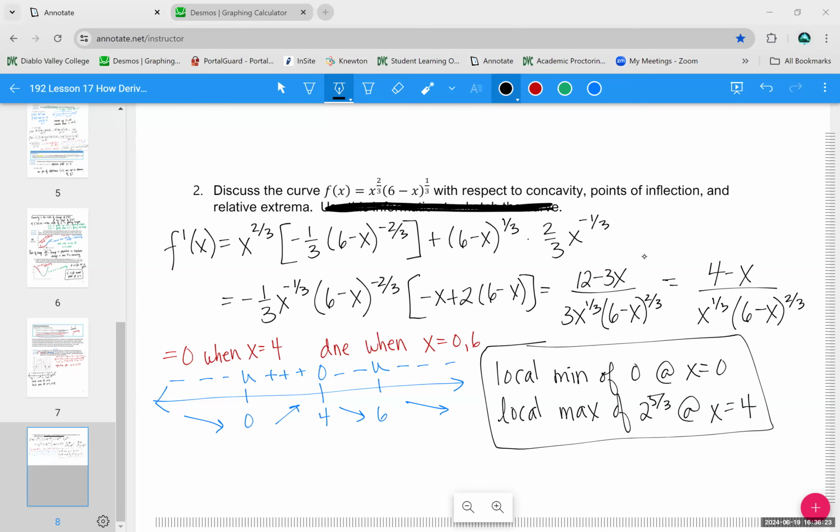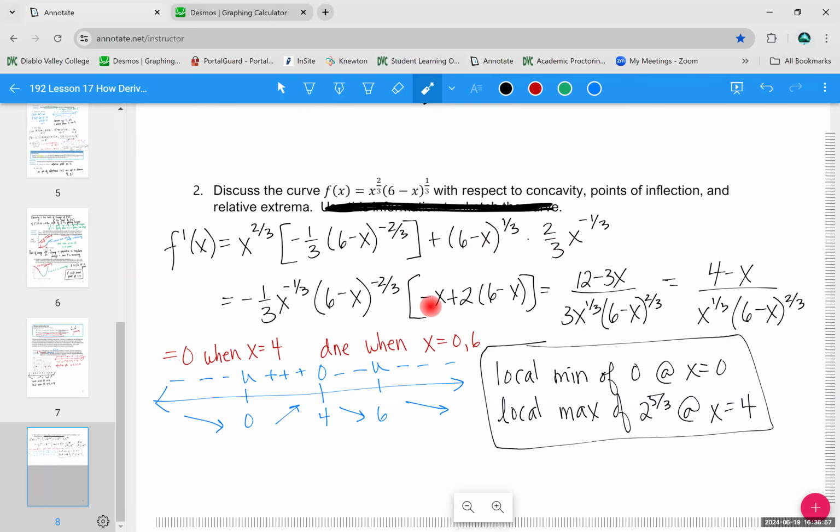Okay, I've worked through just the first part here, where I've taken the first derivative, simplified it, set it equal to 0, and figured out where it's undefined, and then made my sign chart. So you will notice that with these fractional exponents, these derivatives get kind of gross, but it's essential that you're able to do this. So I did the same thing where I factored out a coefficient and the lowest power of each of these